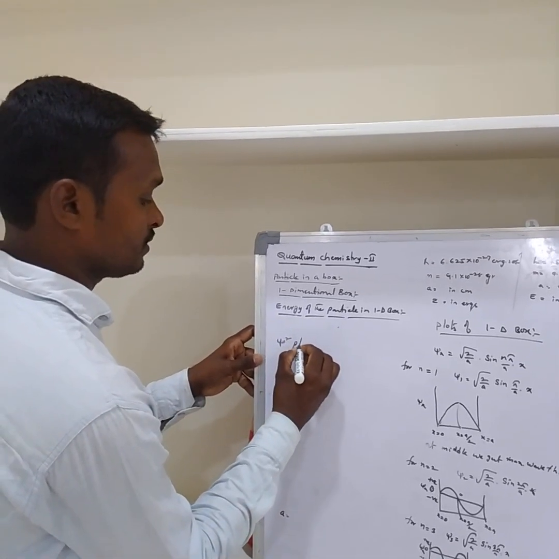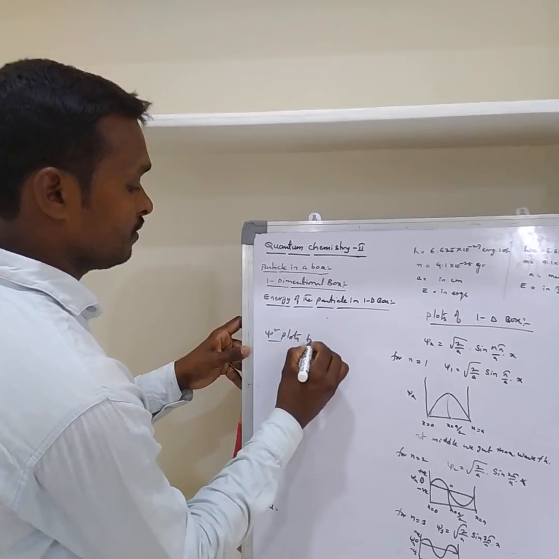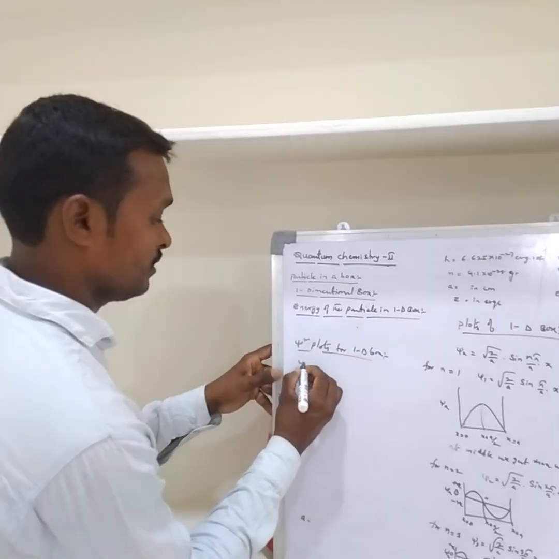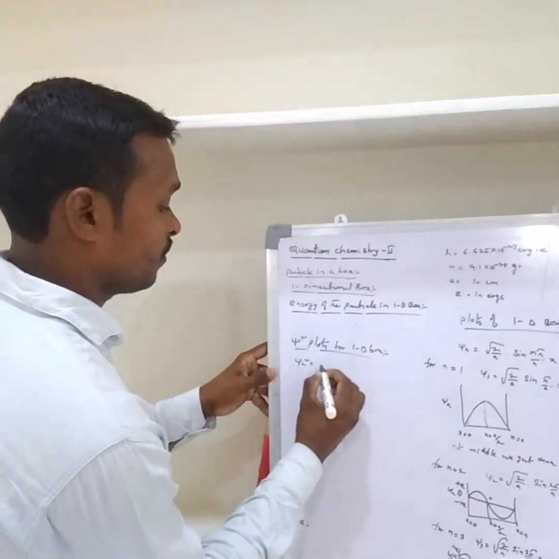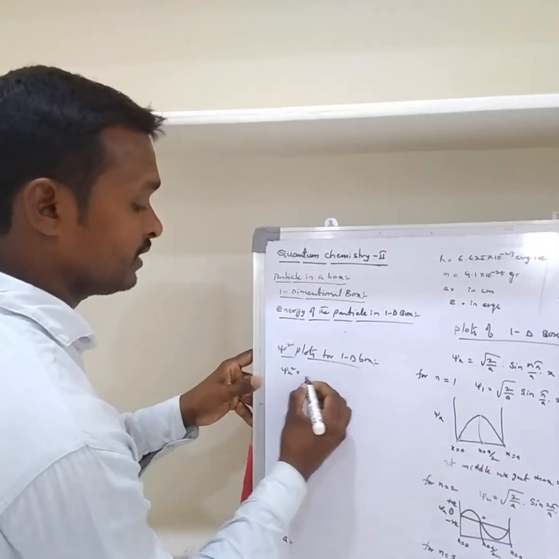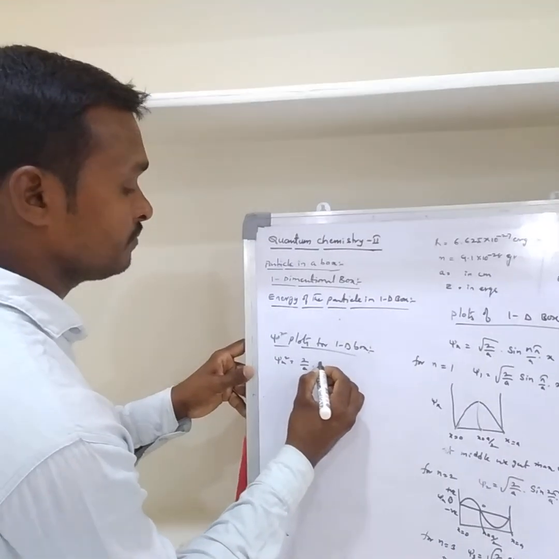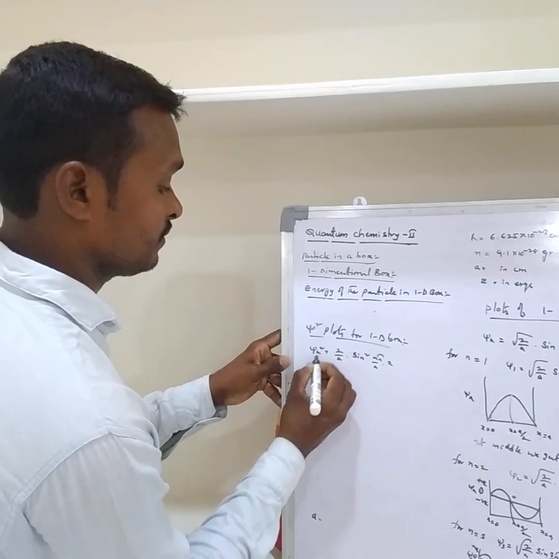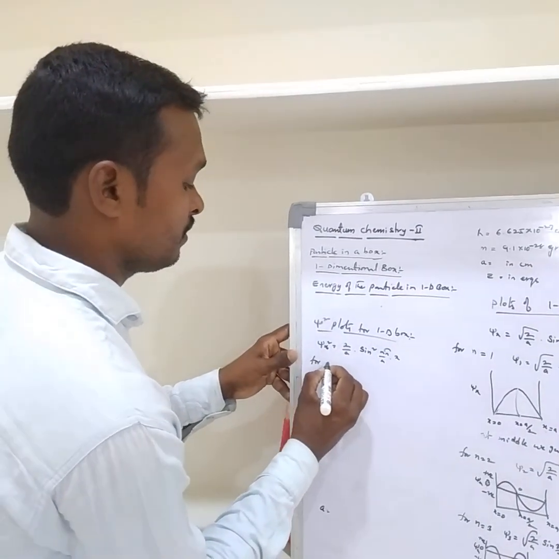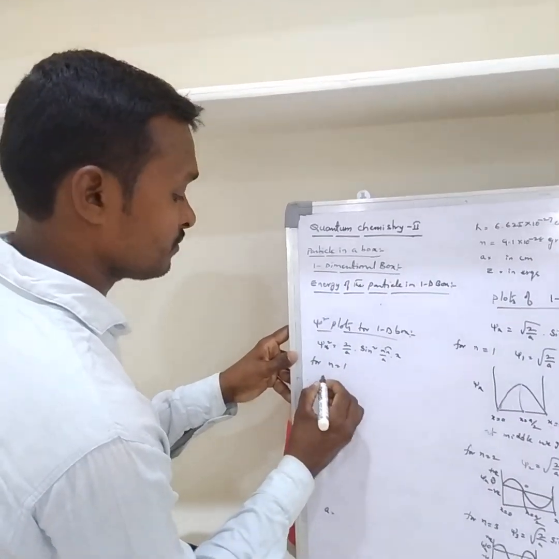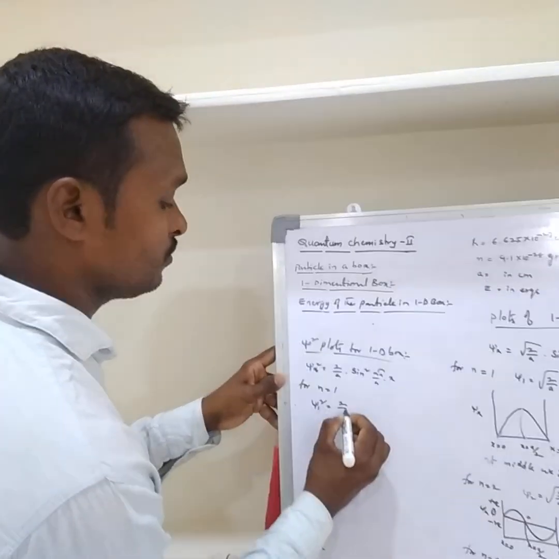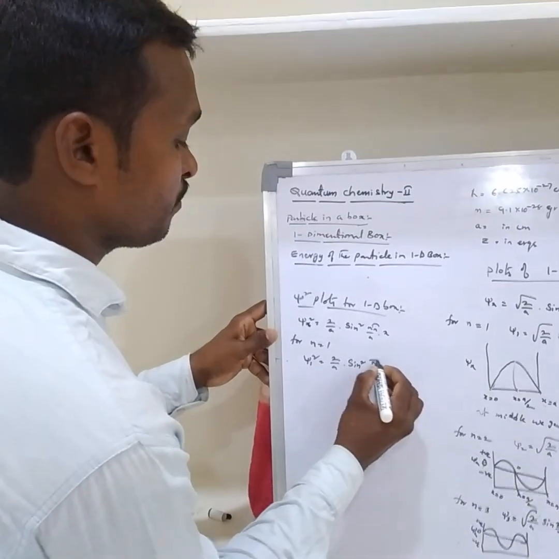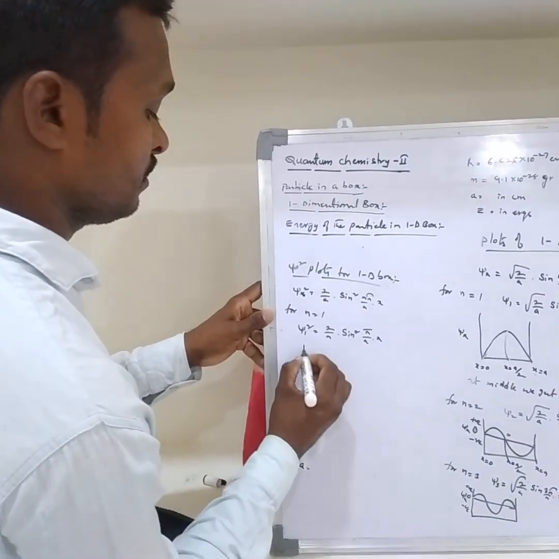Similarly, psi square plots for the 1D box. Here psi x square will be equal to root of 2 by a squared, the square root gets cancelled, so 2 by a sin square(n pi x by a). For n equal to 1, psi 1 square equals 2 by a sin square(pi x by a). For this plot,